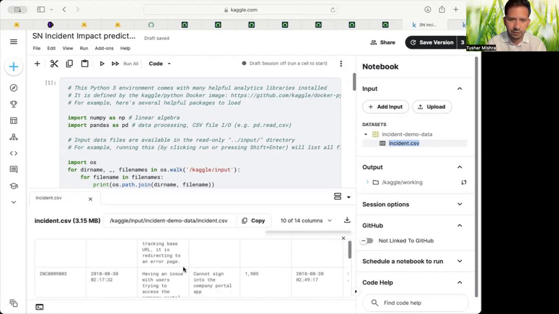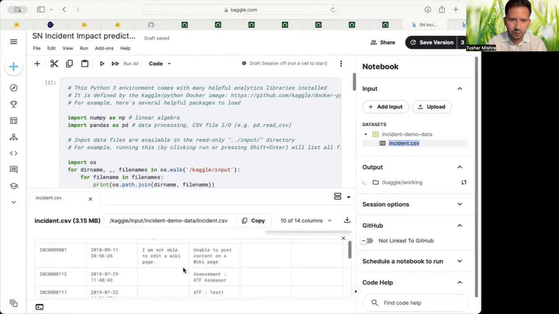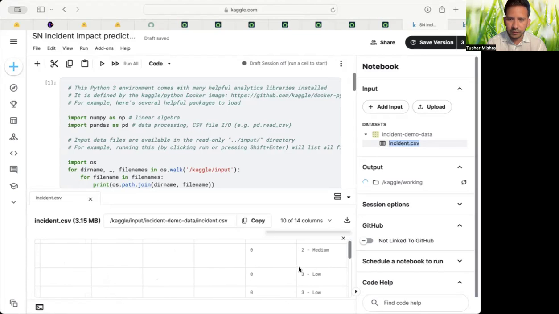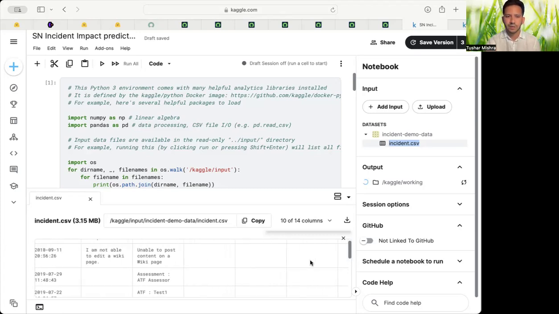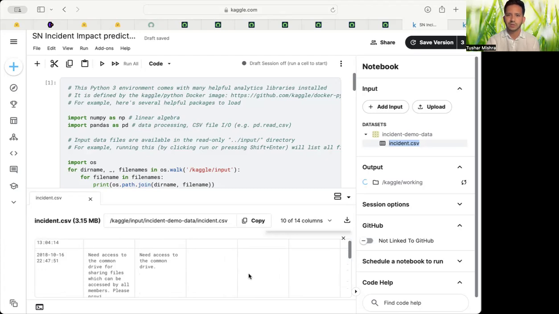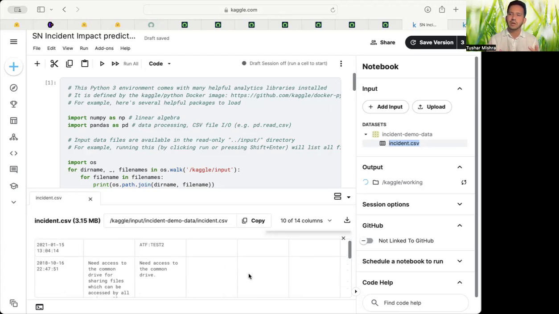Now, I'm not able to edit a wiki page, which is a 2 medium. This is such a small access request, but it should not be a 2 medium impact. The same goes for others as well. So our model will not be able to clearly identify on the basis of this data whether these are really highly urgent incidents or not. But just for the sake of creating a model and using ServiceNow data, I wanted to share this